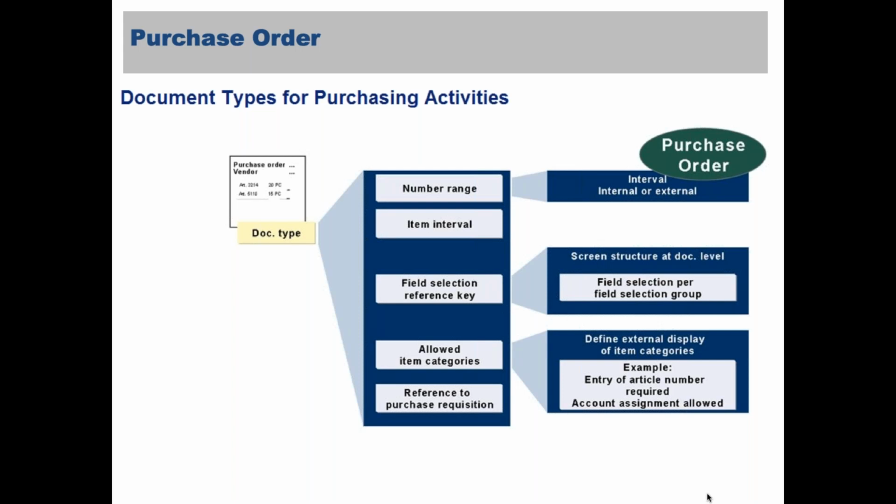So this document type will determine what kind of order you're going to raise. If it is a purchase order, you're raising it to an external vendor. If it is a stock transport order, it would be a goods movement between your sites. So this document type will control, as I said, like for a vendor, your account type will determine what kind of vendors you are determining, right? Similarly, site profile will determine what kind of site you're going to. Similarly, this document type will control what kind of document you're going to create, what number ranges it should go, what the allowed item categories are, or whether it should reference any previous documents like purchase requisitions or quotations and all those things. And in the field selection group, you can control which fields need to be displayed and not displayed. So all those steps.